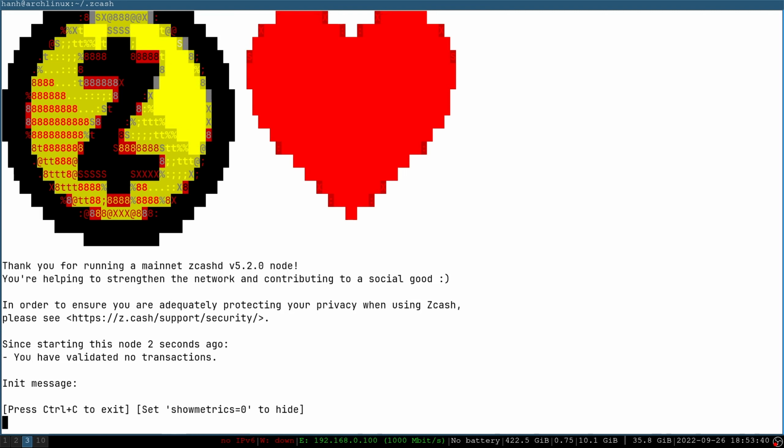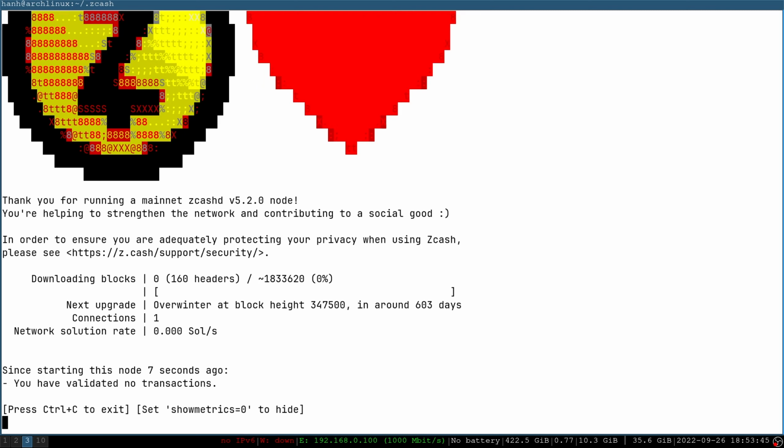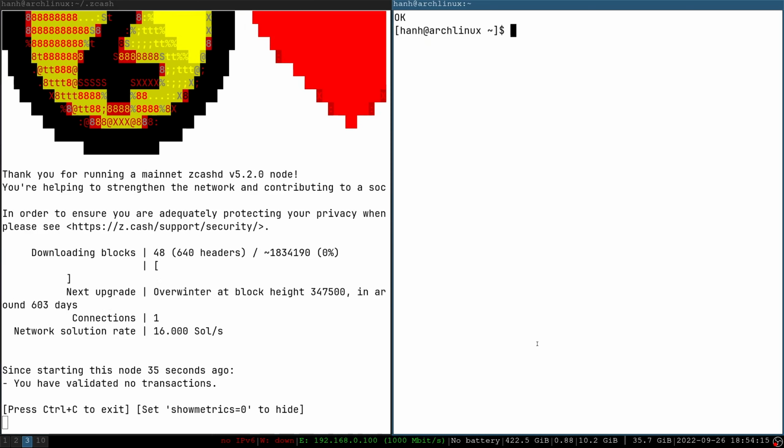All right, so when it starts, it's going to load the wallet, which has no transactions currently. And also it's going to sync up with the blockchain. It's a new installation, so I'm at Genesis, at block 0. And it's going to take a really long time since now the blockchain is more than 100 gigabytes. I'm going to let it run, but I don't have any hope of downloading the blockchain in such a short time. So what I'm going to do instead is